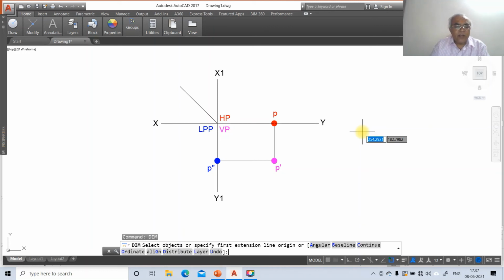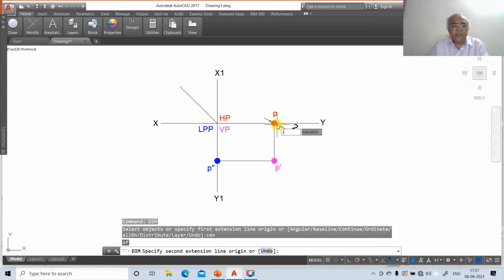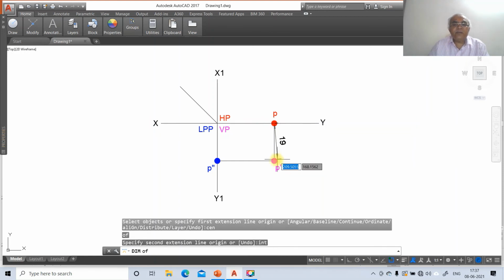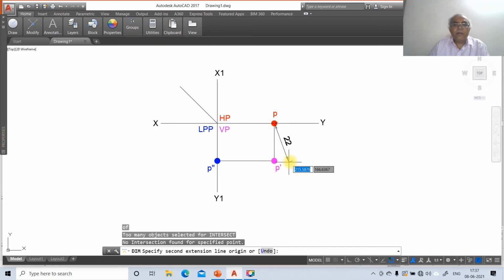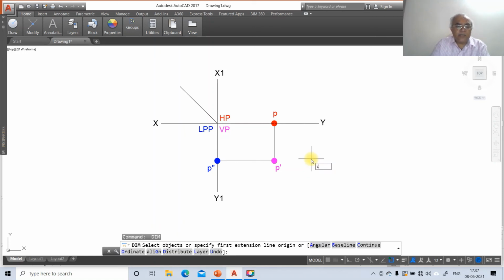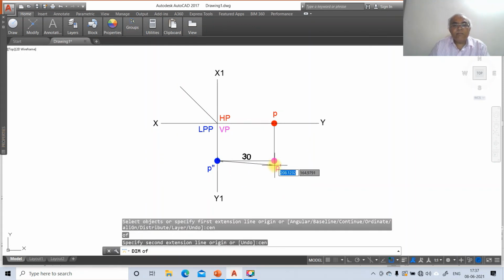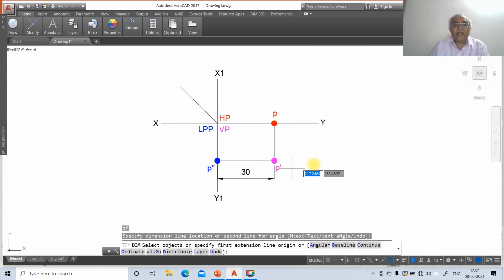Dimensioning, I'm going to take center of this and then intersection of this. So dim, you take center of this to center of this, you want to get 30.